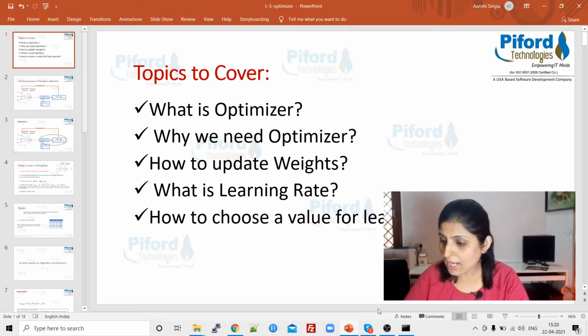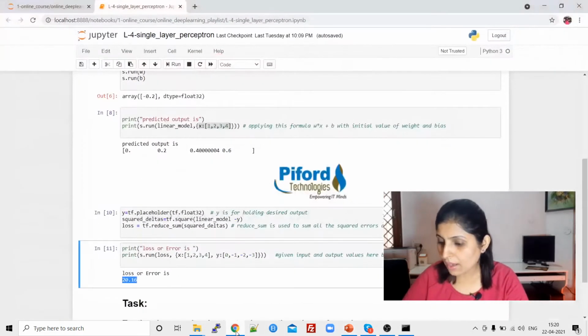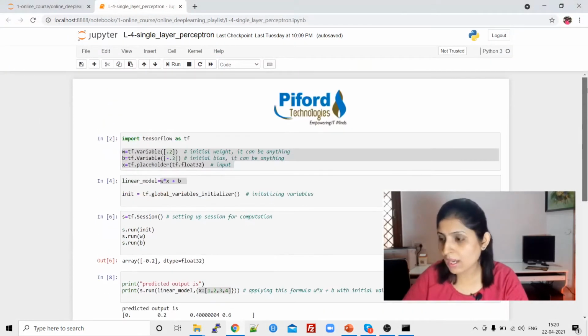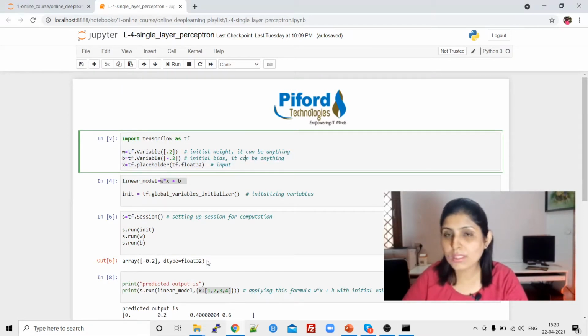So guys, in my last class I explained this example, right? So what was this example? This is the code for a perceptron with a single neuron, and I explained how a perceptron works and how to write code for it. Let me brief you once again on that concept, because in today's class we will be working on this code only. So let's go through it once.